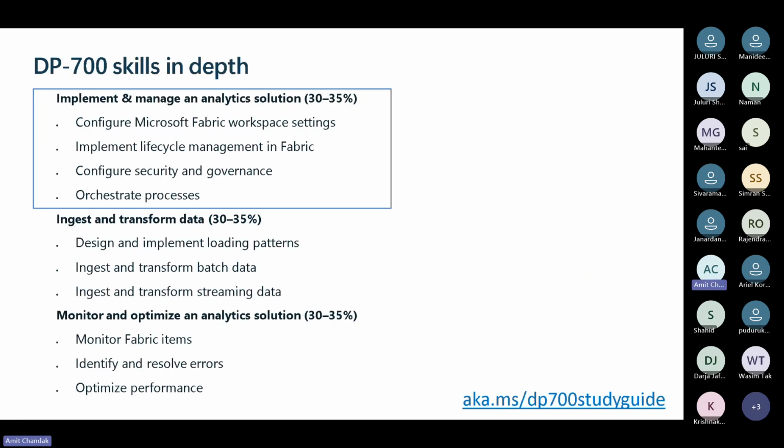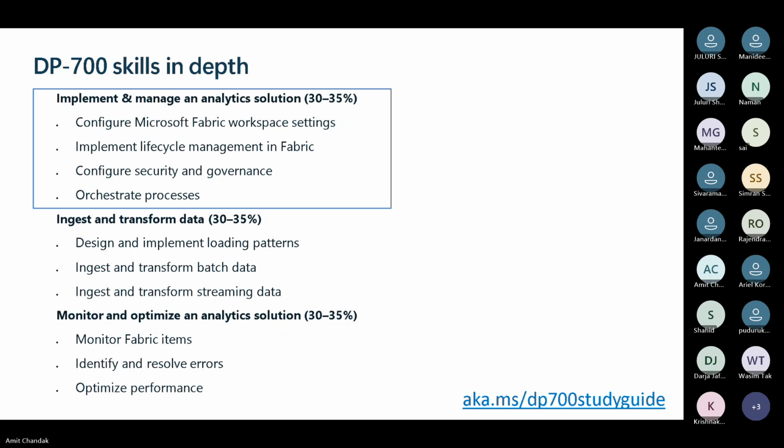So what does the implement and manage analytical solution domain contain, and how much percentage does it hold in this exam? It would be around 30 to 35%. Why variable? Because this is a 1,000 marks exam. Typically you need to achieve 700. It's not sometimes exactly 1,000, it's around that. So you need to achieve 700 marks, and out of those 700, 30 to 35% questions would